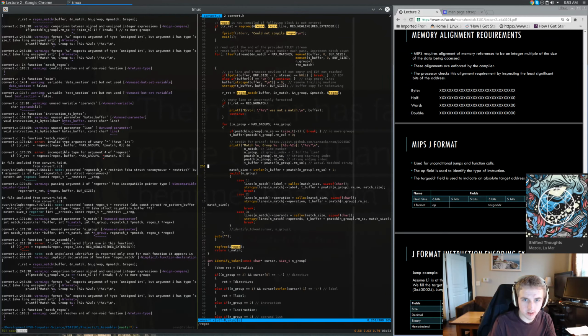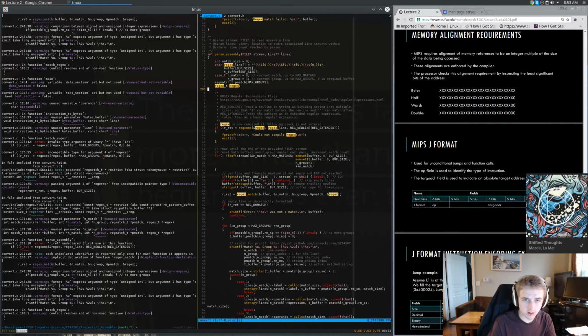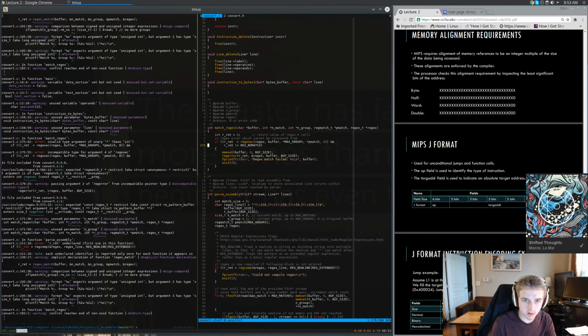Where is the regex exec? Here. So this is a pointer to regex. So normally you need the address. What do you want? What would happen if I brought